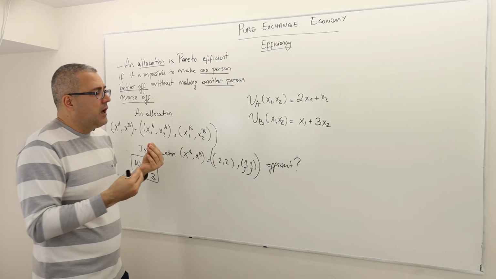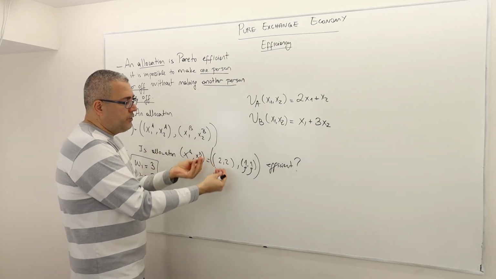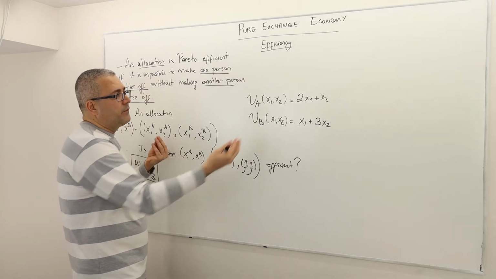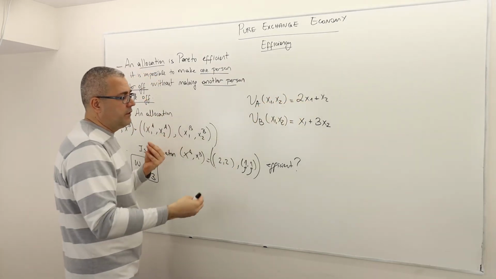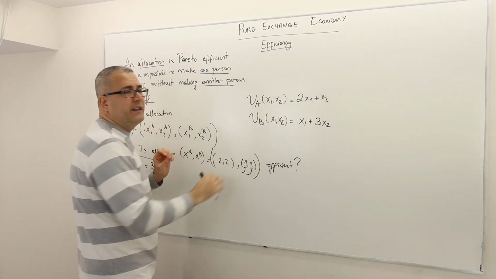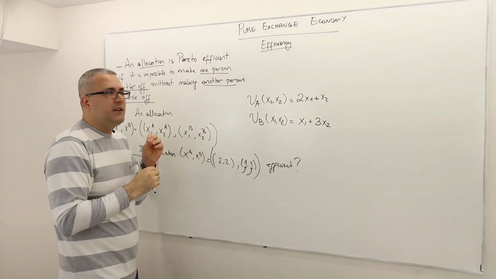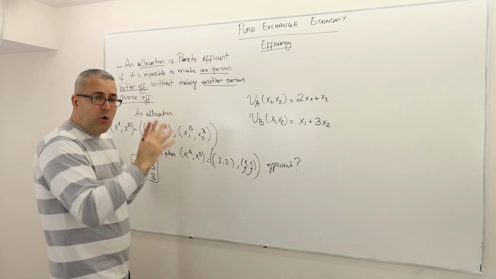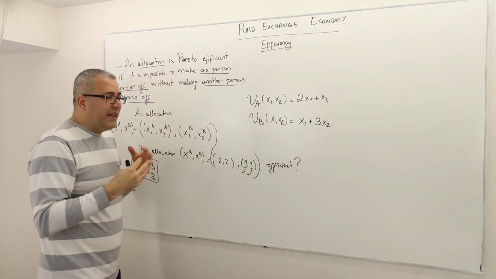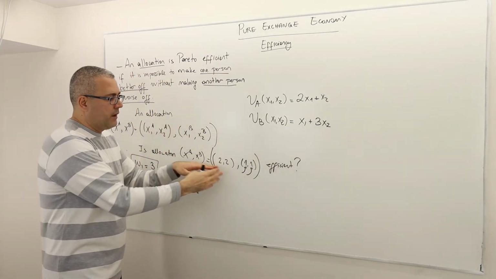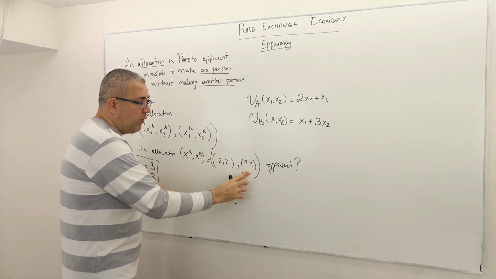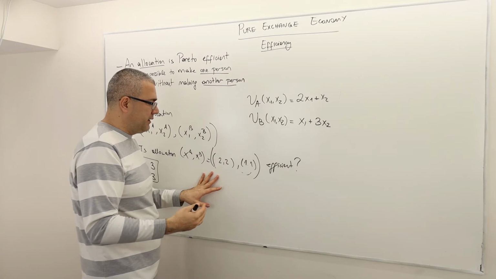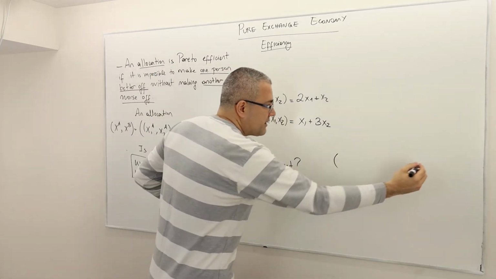So you know what? Instead of giving 2, 2, 1, 1 to these guys, let's, for example, give all the goods to Anita because she's the one that cares about good 1 the most, and give all the good 2 to Bob. Can this be an improvement with respect to this one? Well, I don't know. Let's see. Let's compare. How do I make this comparison? Well, first of all, let's write this